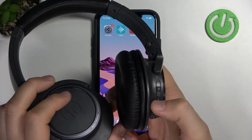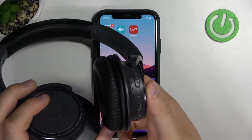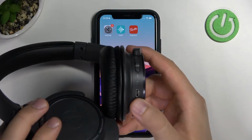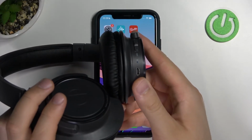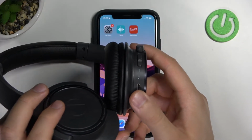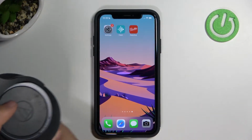We have to just move the switcher to power on, and when we make it, this indicator right here will start blinking, just like that. It means that the device is in the pairing mode, so it's visible to other devices, and you can simply